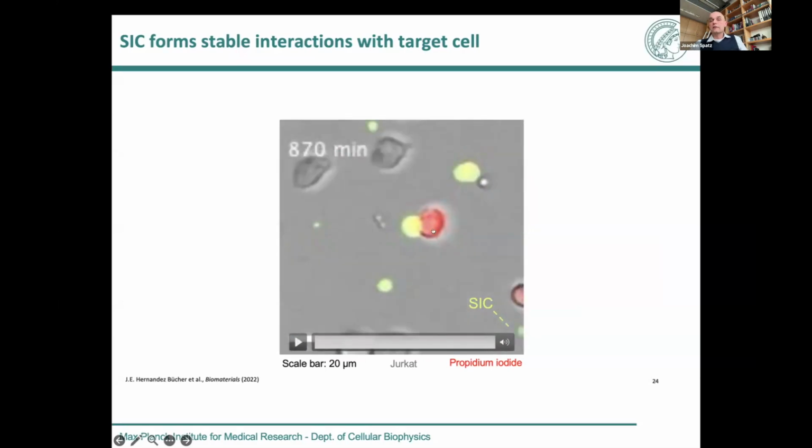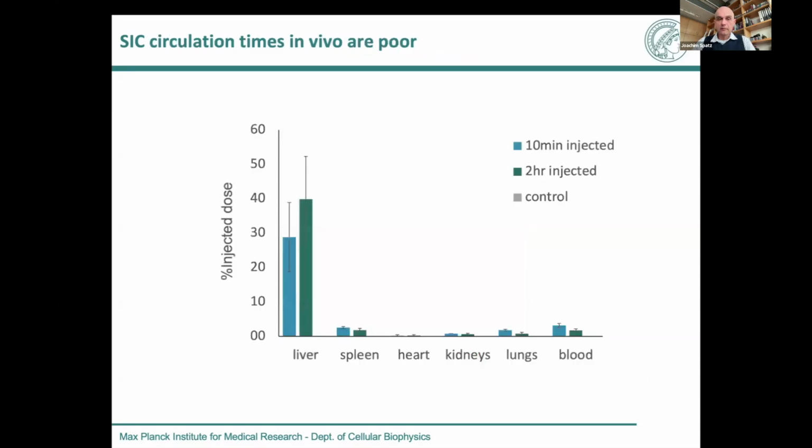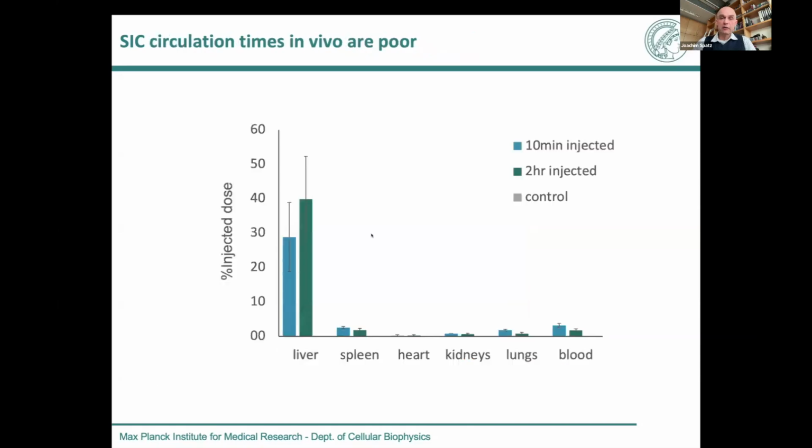You see the death signal is somehow associated with the red color of this tumor cell. So in principle, these synapses can be formed. They also generate death to specific cell types. But if you then eventually go in vivo, you see immediately after these synthetic immune cells are injected into